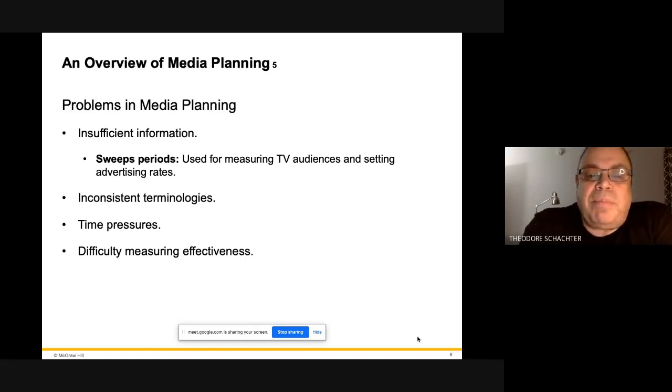But it's very hard to measure effectiveness because we can't always track traditional media to actual results. So for an ad on the Super Bowl for Chevy, it's very hard to measure how many actual sales were because of that Super Bowl ad. And we don't have the time to do the in-depth research that's necessary. A lot of times, media budgets and media planning have to be done very quickly in order for the campaign to be executed.